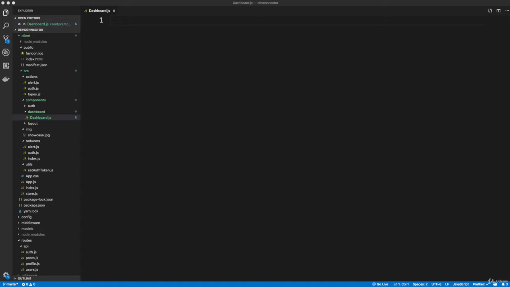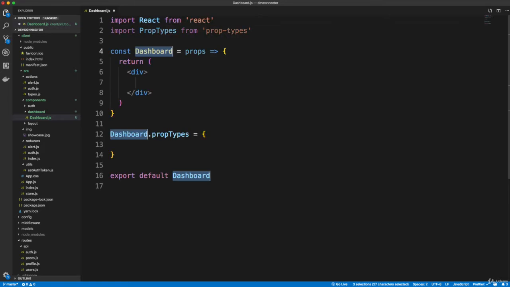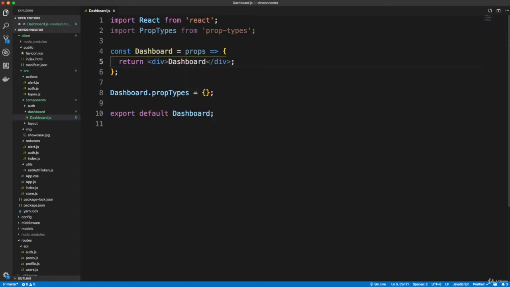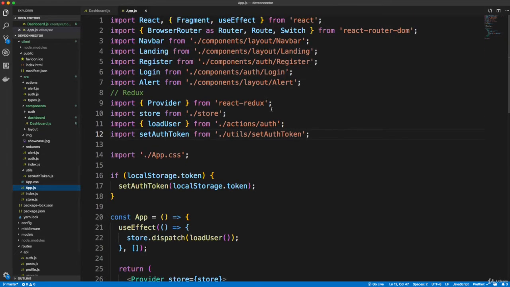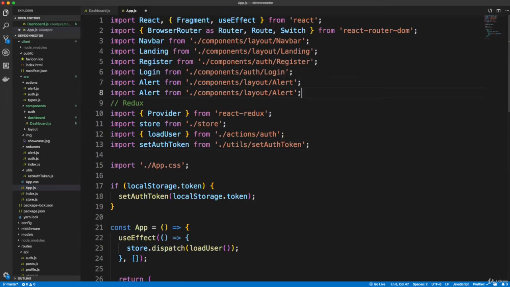All right, so let's just create an arrow function here with prop types, so RAFCP. And for now, I'm just going to put just dashboard inside here, and I think that's all I want to do for now. I just want to get the route set up, so I'll save that, and I'll go to my app.js, and let's bring in the dashboard up here. So it'll be dashboard/dashboard,